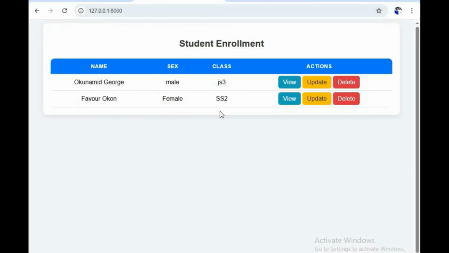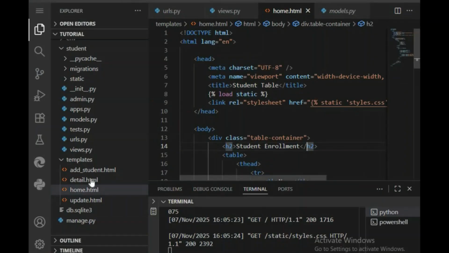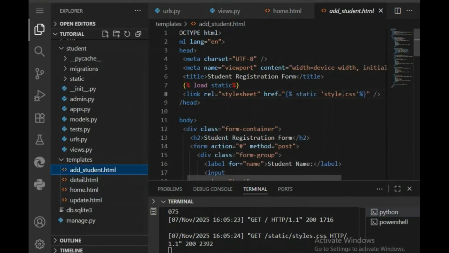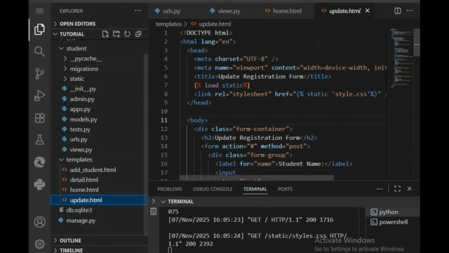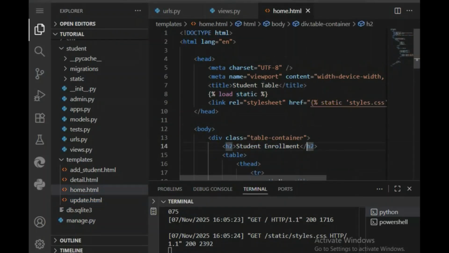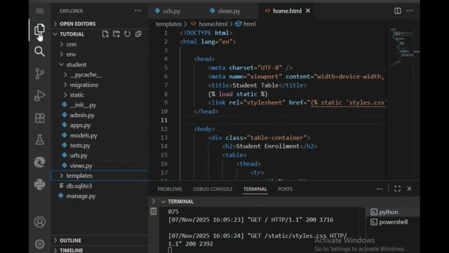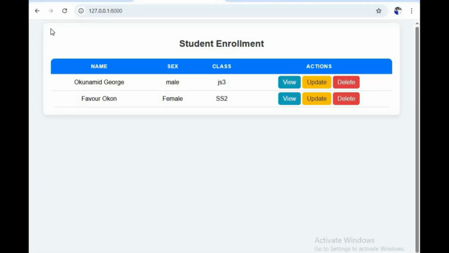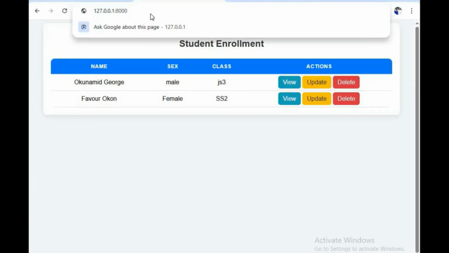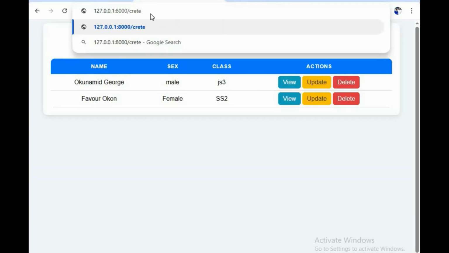Let me come back to home. Okay, all right, so as you can see, it's looking nice. So maybe let me do it for all of this. Let me go to add and just add this S and save it. All right, so let me come to update and also add this S and save it. As you can see, because we were having a typo error, now if I come back to my create,